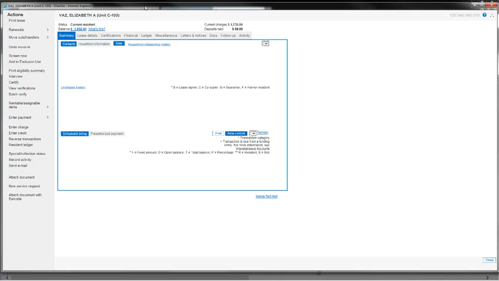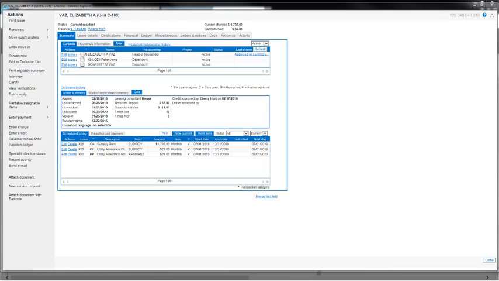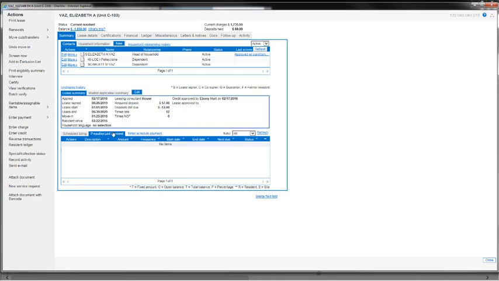Now there are two places where you can enter a new pre-authorized payment and manage your pre-authorized payments. The first is from the Household Summary tab. You'll see at the bottom, next to Scheduled Billing, is Pre-Authorized Payment. When I select that for this household, you'll see there is nothing active. So I can use Enter Scheduled Payment,